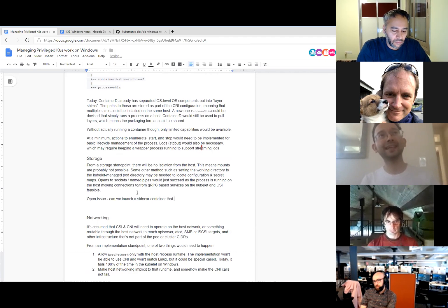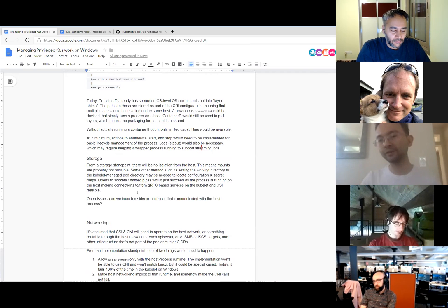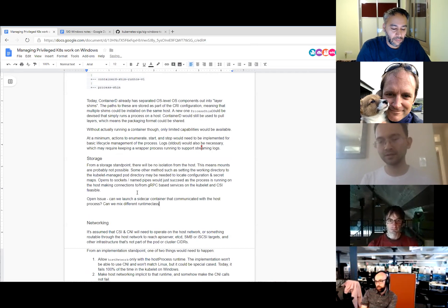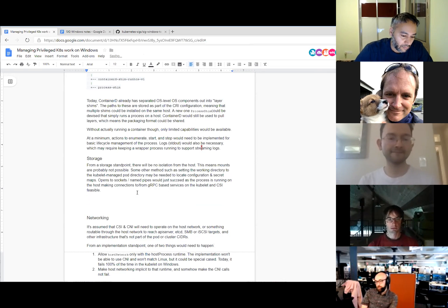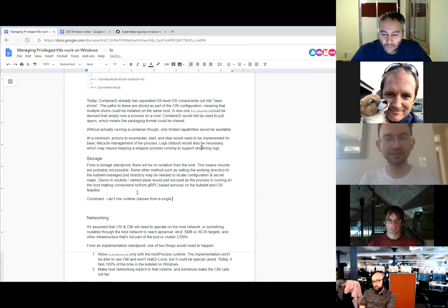I guess my question is, if there's a pod, do all the components in the pod need to be of a single runtime class, or can they be of different runtime classes? Runtime classes are on the pod itself, not on the containers. Okay. So you cannot have, say, a Hyper-V isolated container and a process container running. Yeah. That's interesting. So this would mean, in the context of CSI, that the node driver registrar also becomes a process, or needs to be launched as a process, which is probably okay, but